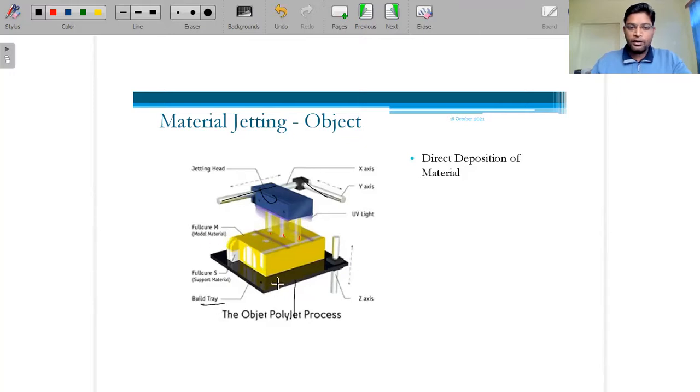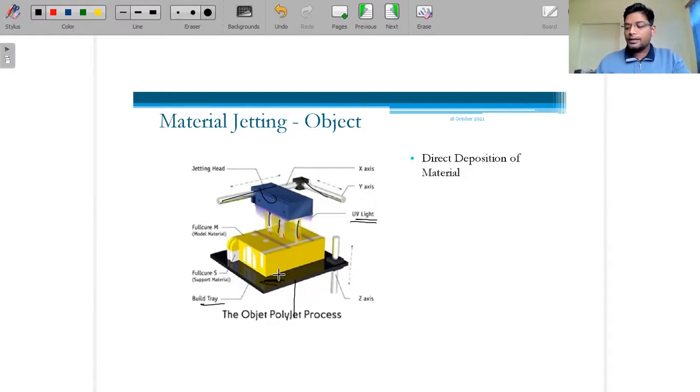this is a build tray over which we are depositing the material, not using laser light. Here we are using ultraviolet lights, which we also use if the energy deposition is less. Here, if you see, we are using three elements.